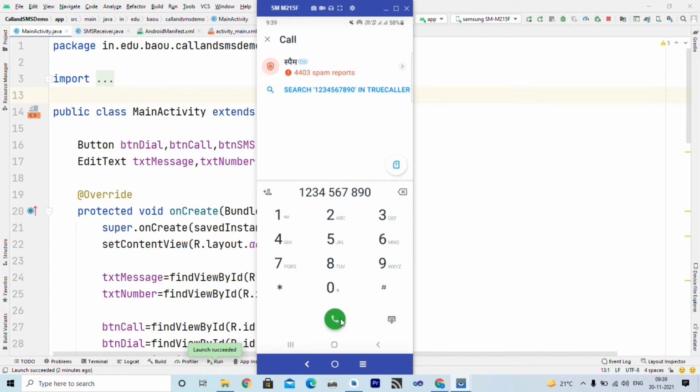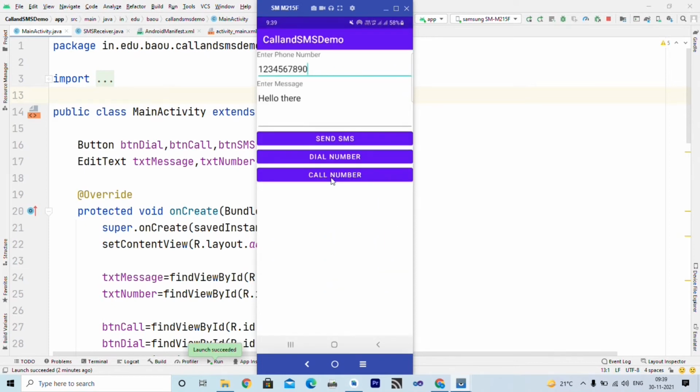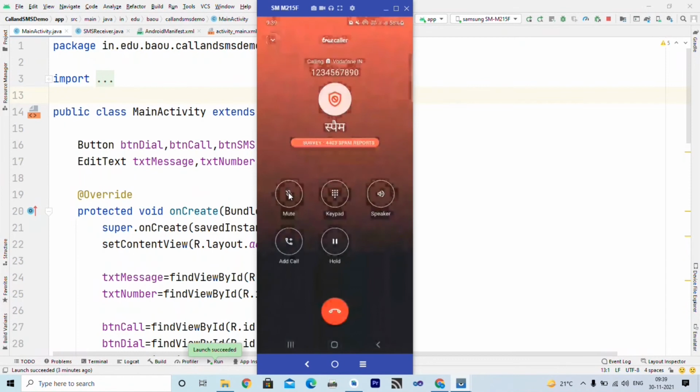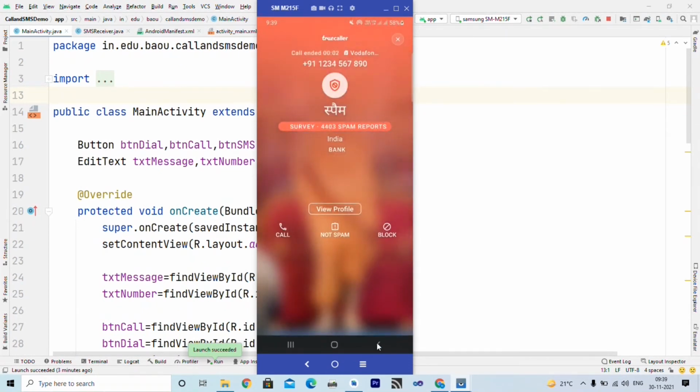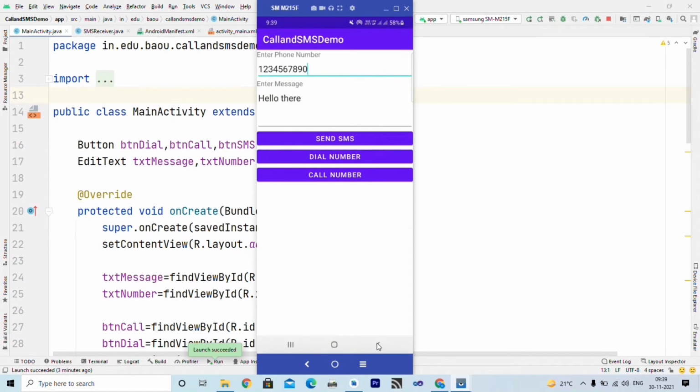So this is how you can open the inbuilt dialer. Suppose I want to directly call that number without opening the dialer, I have to just use the call number button. So I am clicking on call number. It will call that number. So this is how you can call a particular number, right?